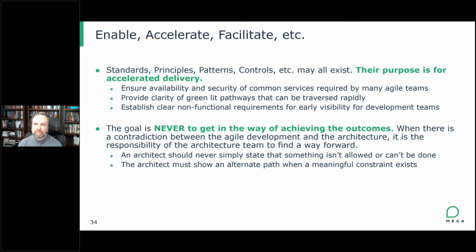So again, the purpose of the EA's role in this is about accelerating the facilitation of delivery. We are not looking to slow things down. If we can come up with commonality across different business lines, different business units, different software teams, and we can put them together as best practices, if we can put together standardized, centralized technology that's available and up and running and ready for the different development teams to utilize and leverage, if we can give them a path that says, if you go this direction with these templates, if your vision happens to fit, then it's green lights all the way. You can get to production very rapidly.